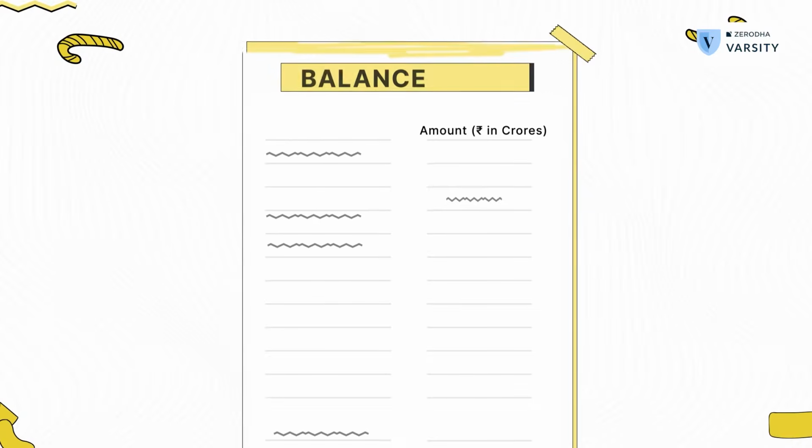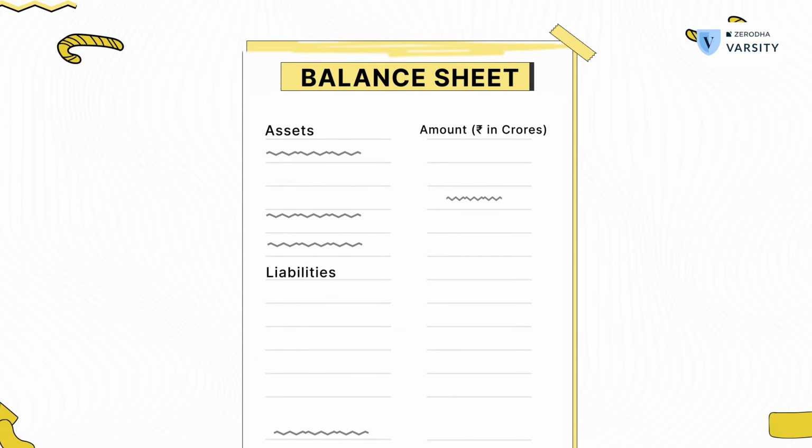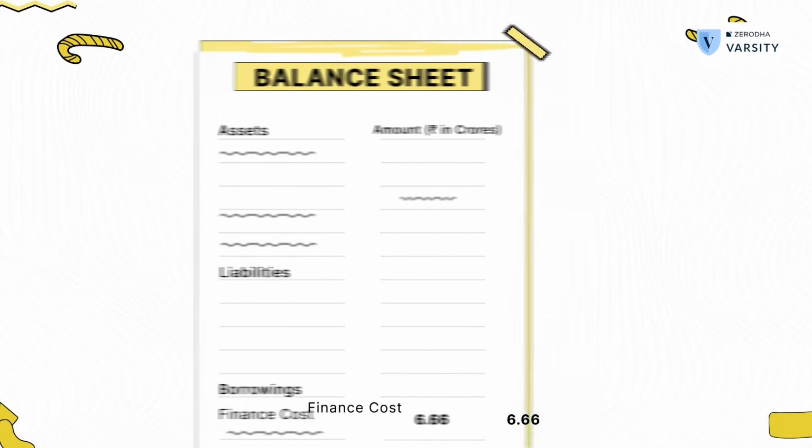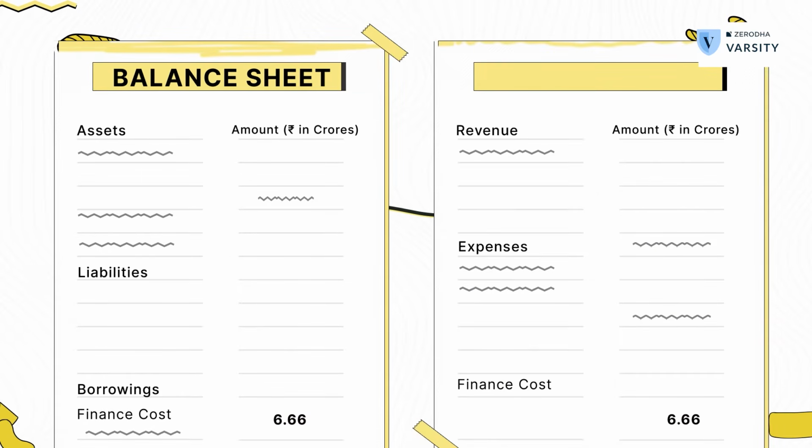Finally, the balance sheet on the liability side also states the borrowing of the company, which you can match up against the finance charges stated in the P&L of the company. Finance charges are simply the interest that the company pays towards the borrowing it has on the balance sheet. For example, let's say a company has about 1,000 crores of borrowing on its balance sheet, and the finance charges of a company is roughly about 100 crores. It means to say that company has an effective borrowing rate of 10%. Now you can do this quick and dirty math to figure out the effective borrowing rate of a company.